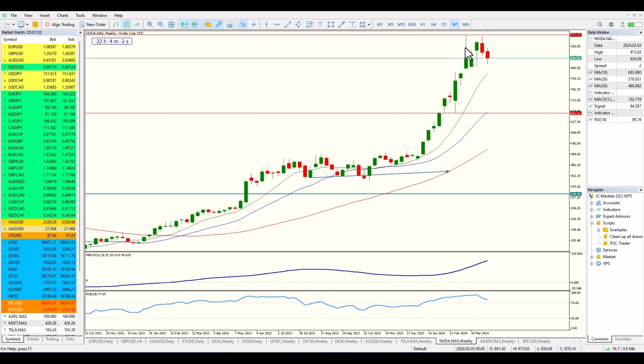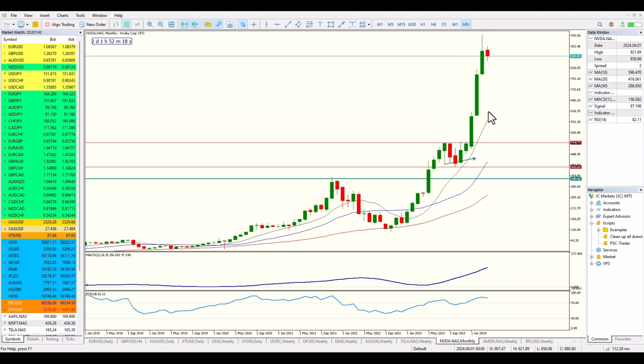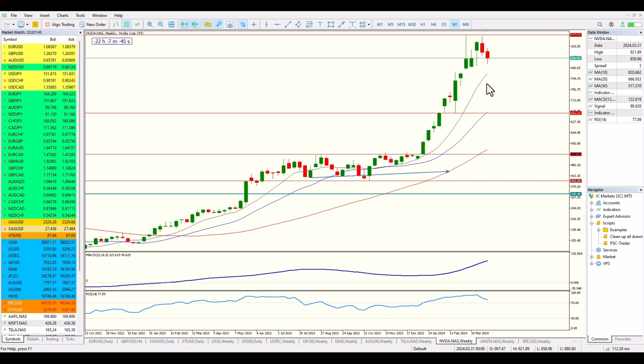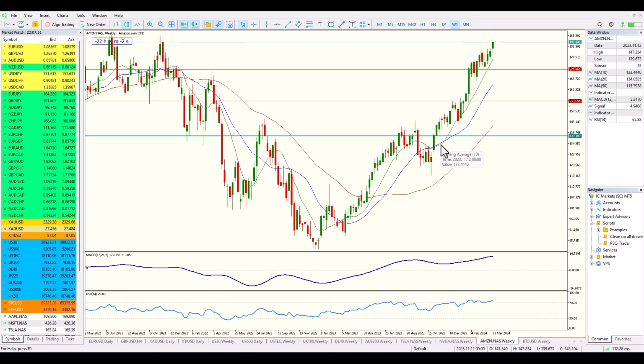If we have a look at NVIDIA, for example, here's NVIDIA on the weekly. Very nice, it has started a bit of a retracement. Is it going to be a shallow retracement before it resumes, or are we going to see potentially a bit of a monthly correction and see it head down a little bit further? Most of these would be incredibly healthy pullbacks that are much needed after having such a long bull run. Amazon, for the time being, is looking incredibly healthy. It's had a couple of pullbacks recently on the weekly time frame. It's not as overextended. It looks very nice.